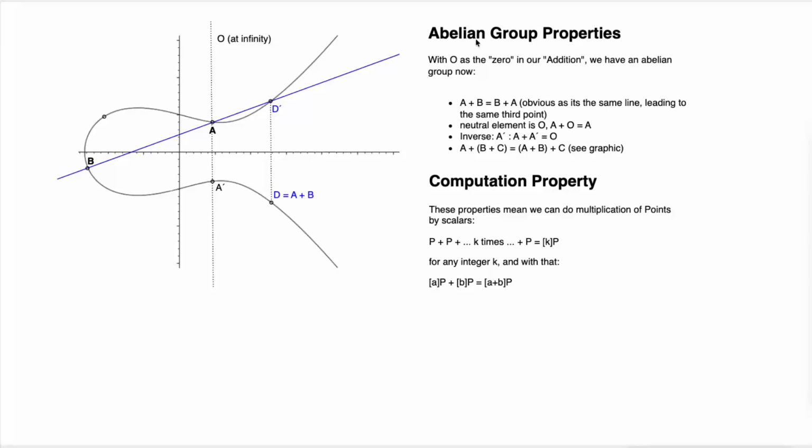It's called Abelian group properties. So to define that, we have a set of things, and the things are our points, and we have this addition defined. And now we want to prove 4 properties so that we can make sure that this is an abelian group. So the group is the points, and this O, this infinity point, is the 0 in our group. We define it as 0. And the 4 properties that we need to prove and show are, on the one hand,